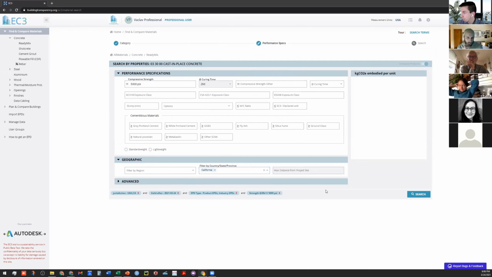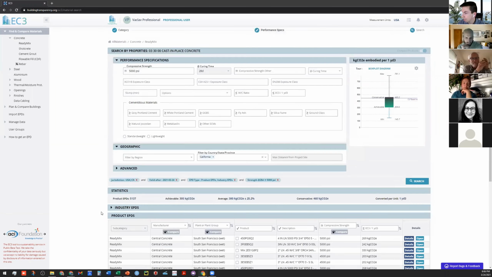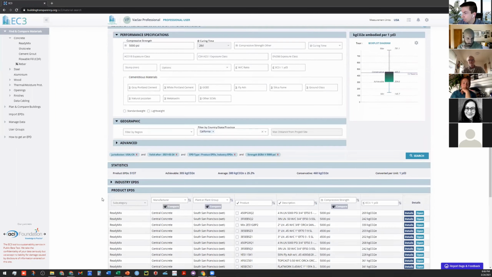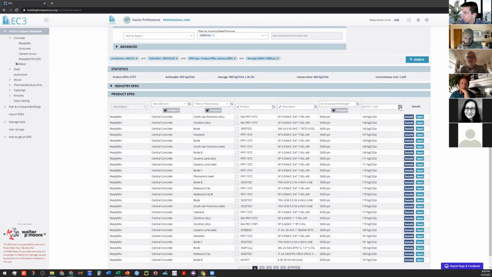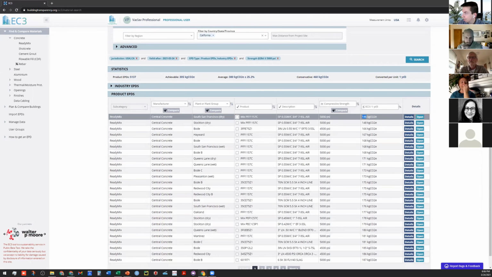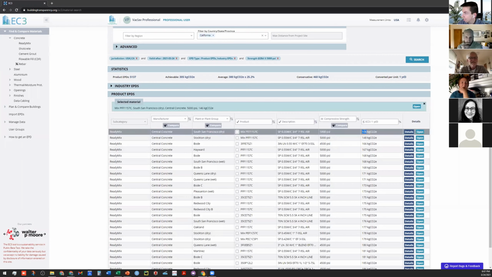For anything that's available in California, I can click search, and it brings up all of the EPDs. We have thousands of EPDs, but you can sort this sheet by the global warming potential of those products. If you click on the two arrows on the top right, you can sort that spreadsheet. Now we see all of the low embodied carbon products.